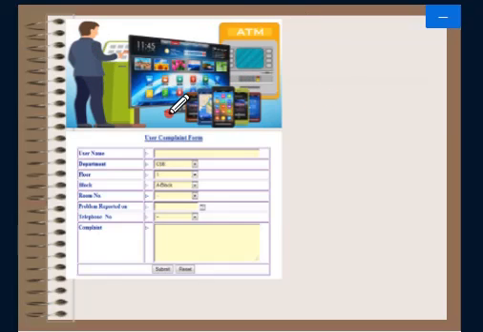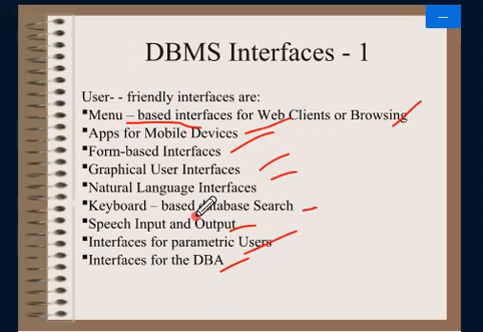Okay, so a menu based interface is nothing but a list of options or menus that will lead the user through the formulation of a request. Here we need not type any commands; we only have to use pull down menus. Pull down menus are a very popular technique in web based user interfaces. They are also called browsing interfaces.